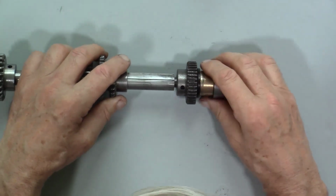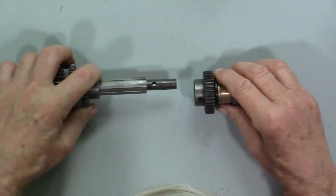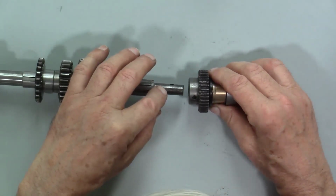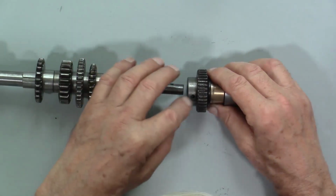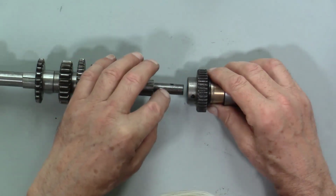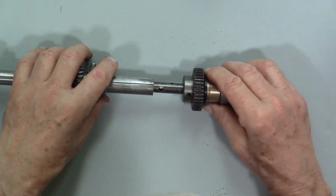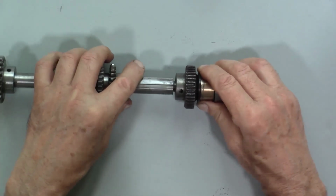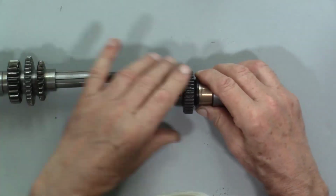and although there are 2 transverse holes in this shaft, both of them are blocked by spiral roll pins. If they'd been slotted roll pins, you could have argued that oil could have somehow worked its way through, but they're spiral and they completely block the passage of oil. So with this in place, there's no way that oil can pass this way or that way to